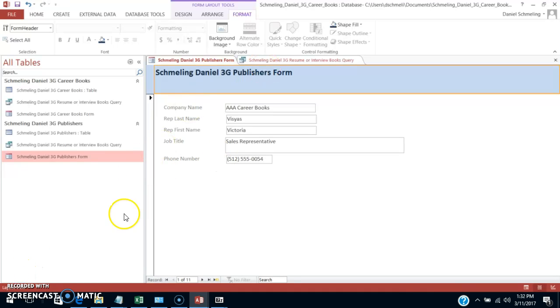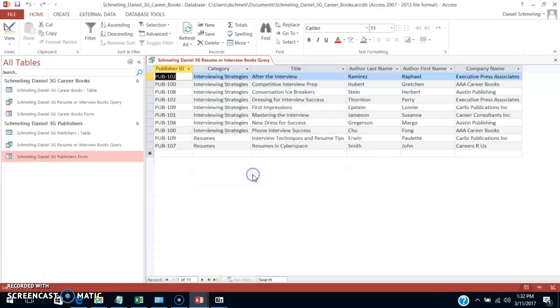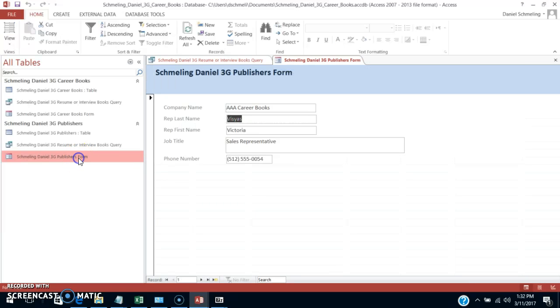Okay, we're going to go ahead and we're going to save the design changes to the form. Just save it. Okay, we're going to open that back up. We're going to go back to the layout view,